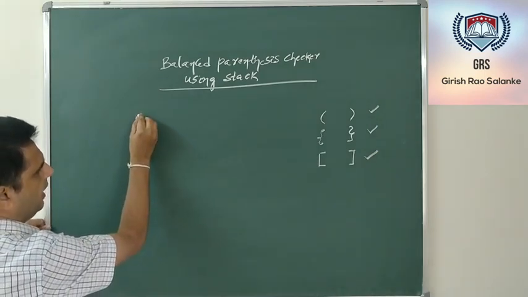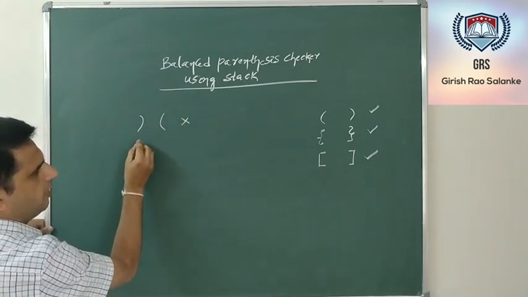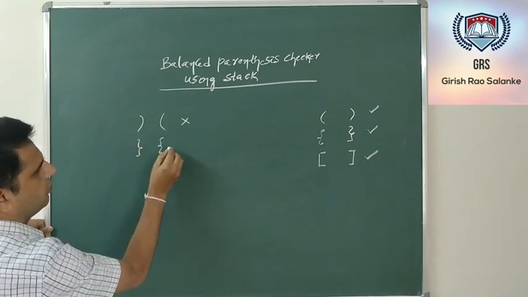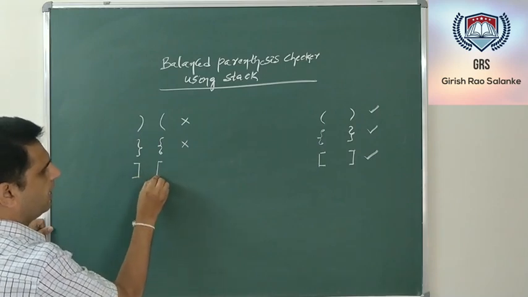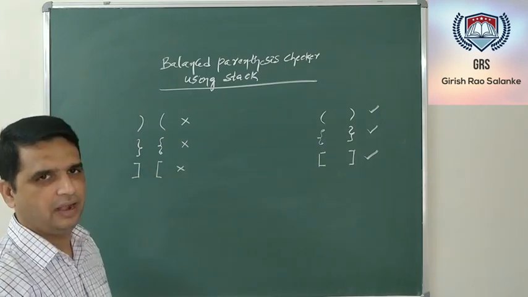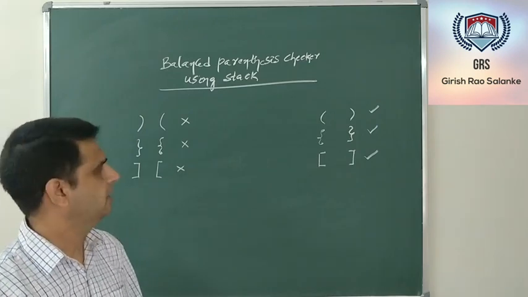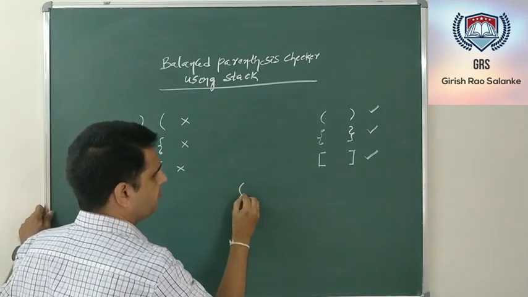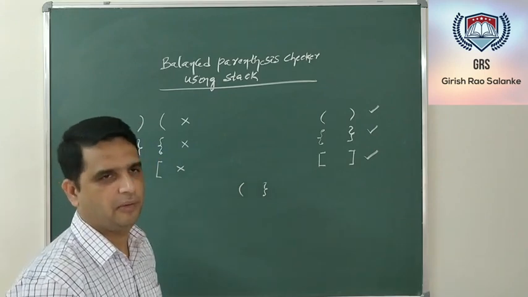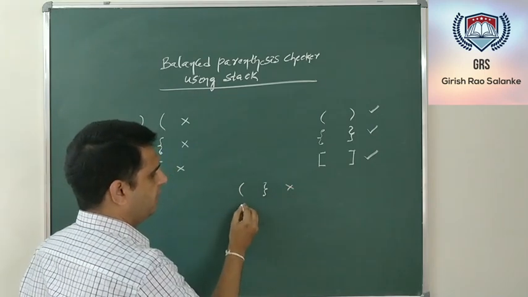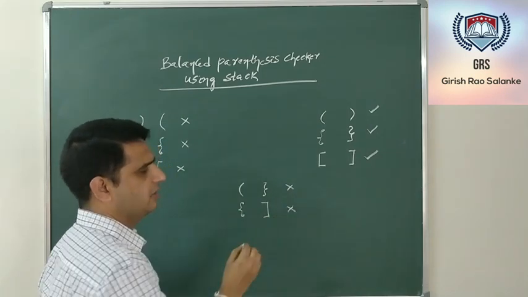But if I have an expression written within, first a right parenthesis and then a left parenthesis, note that this is not valid. Similarly, if I have a right flower bracket and a left flower bracket, this is invalid. If I have a right angle bracket and a left angle bracket, even this is invalid. Some more examples of invalid expressions: I have a left parenthesis but I use the right flower bracket, this is invalid. If I have a left flower bracket and then the right angle bracket, even this is invalid.